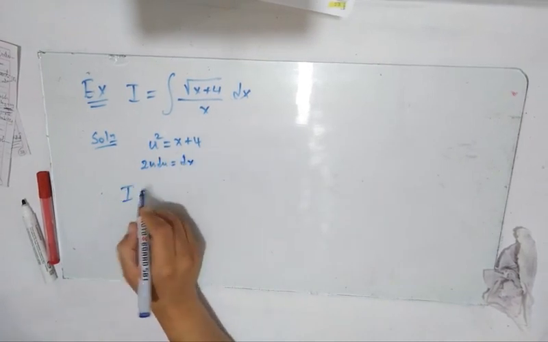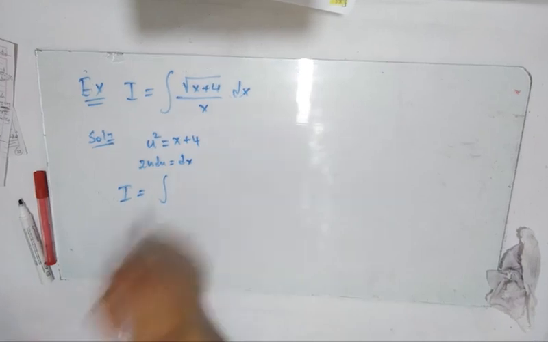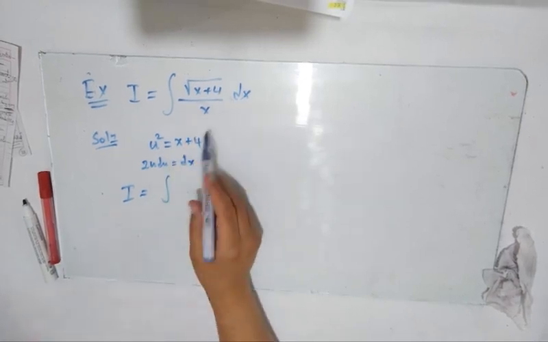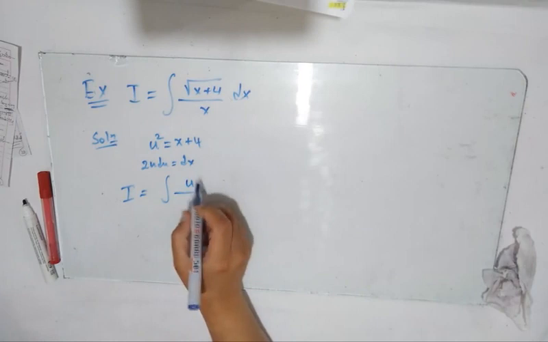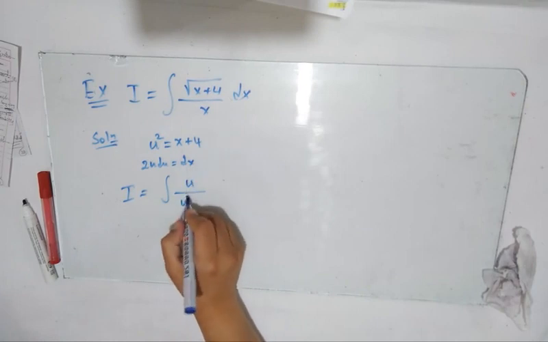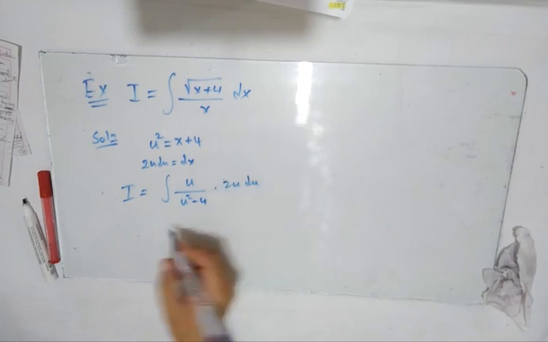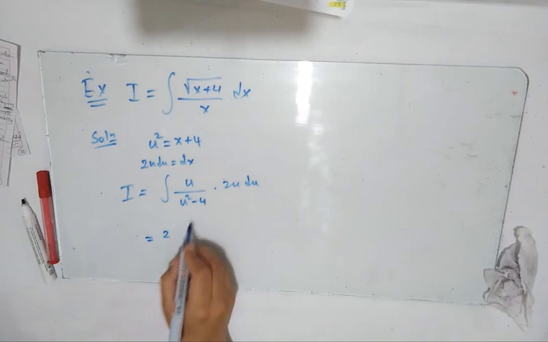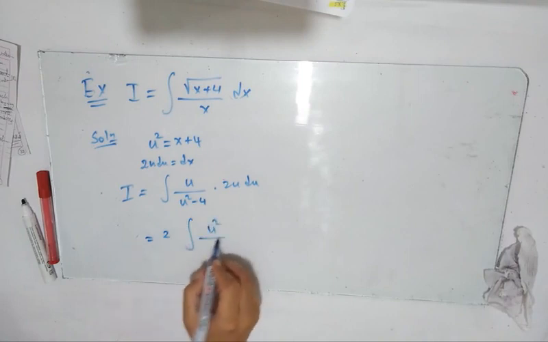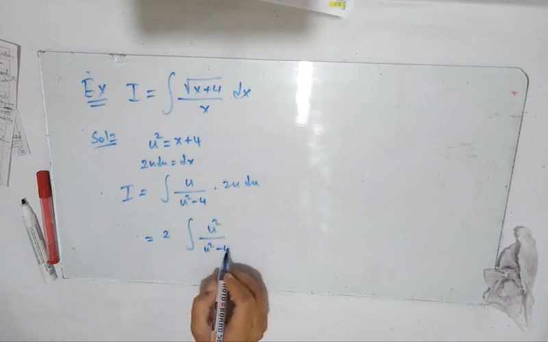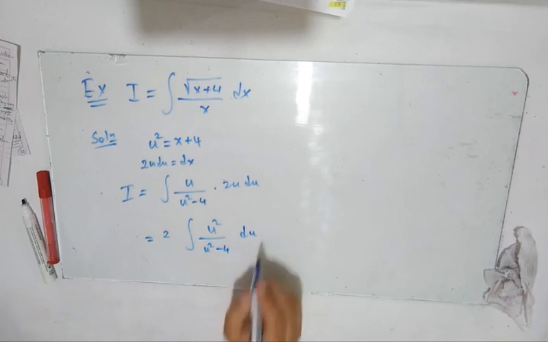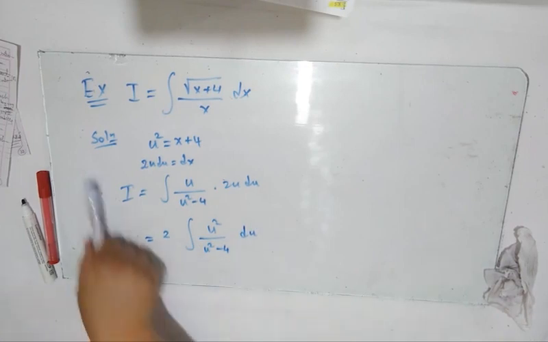So our integral will be the square root of x plus 4, which is u, over x, which is u squared minus 4, times dx, which is 2u du. So it will be 2 times the integral of u squared over u squared minus 4 with respect to u,